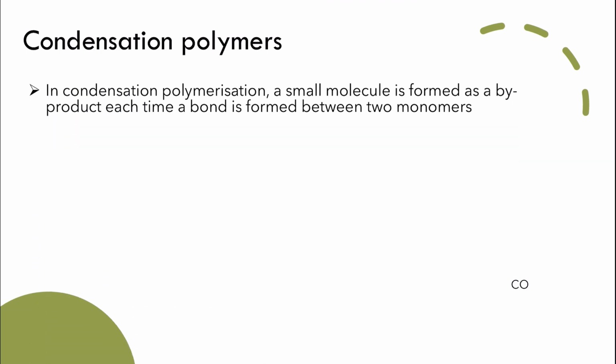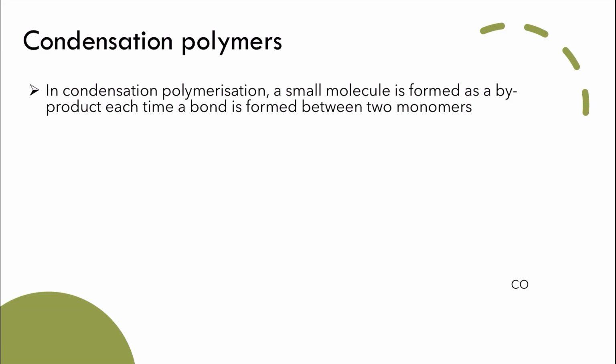So, we have another video where we talked about addition polymers, and you're going to find the link to that video in the description. Addition polymers come from repeated units of monomers, which are alkenes, and they are only formed of one unit, one molecule, which is repeated so many times, and there is only one product of the addition